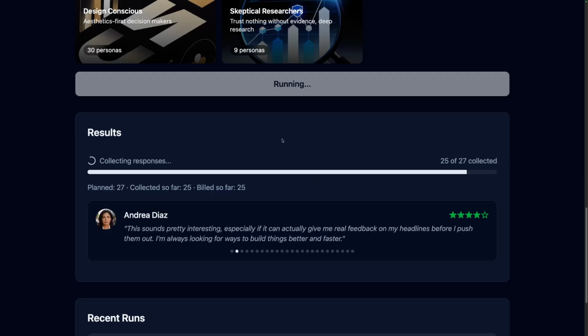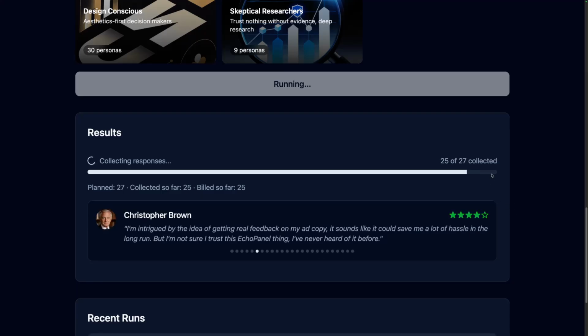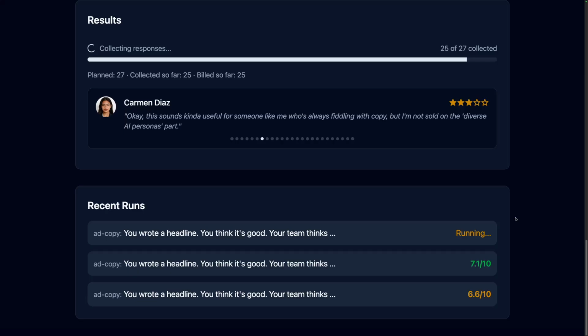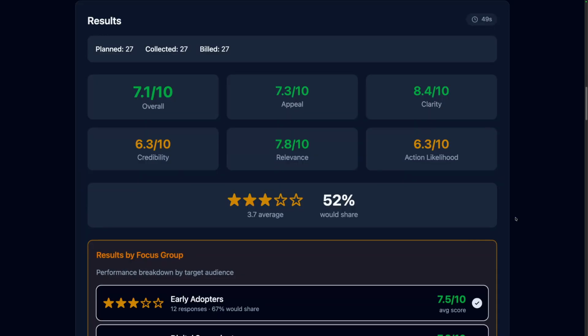These guys, they show up blank every time, so that you're basically testing it as if they see it for the first time. That is basically what EchoPanel is. It's like a way to create a synthetic panel of users,